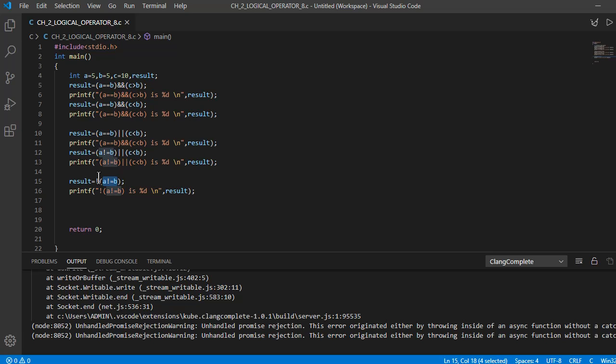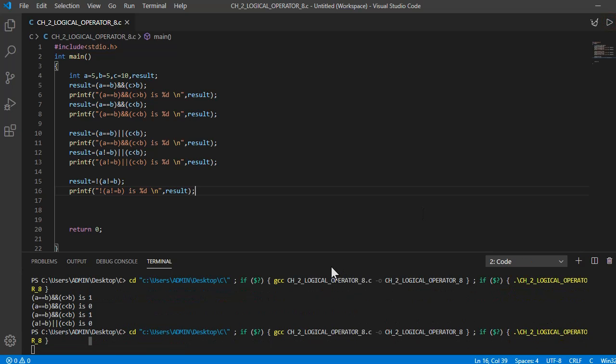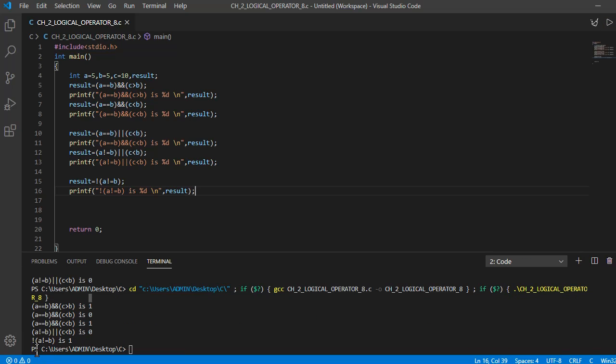It will show the output as true, 1, because here this value will become 0, so not 0 will become 1. Let's check it. Yes. Not within brackets A not equals to B is 1 because A equals to B is true.